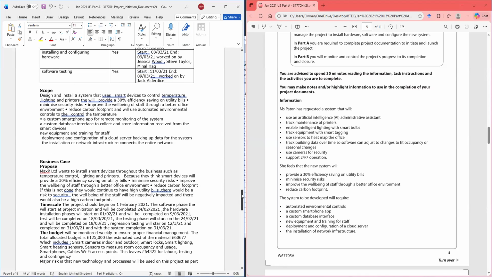All right. For example, in the scope, we needed to put what the project will not include.